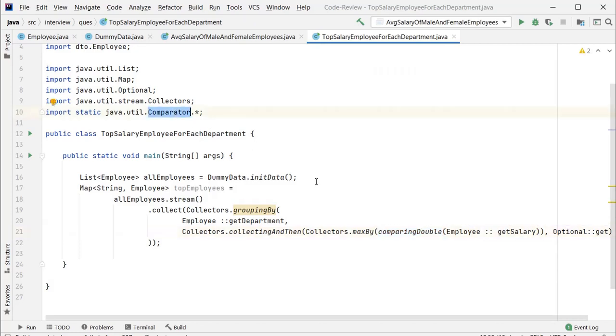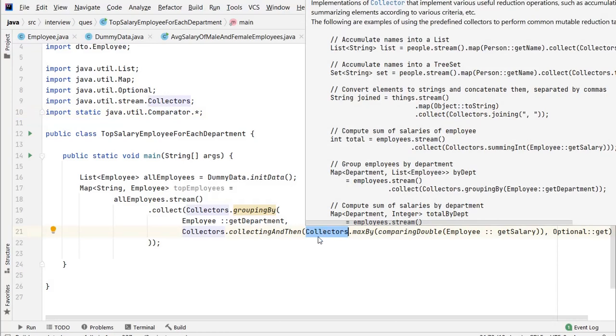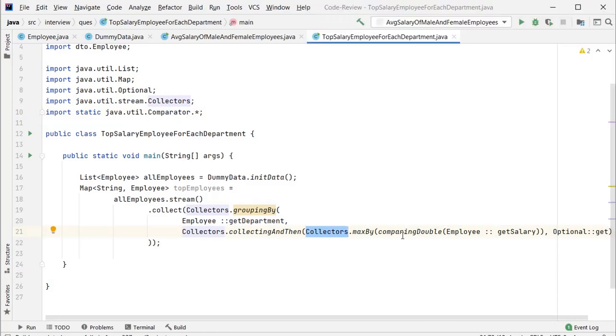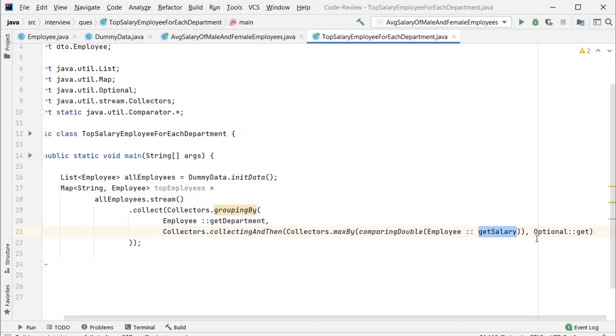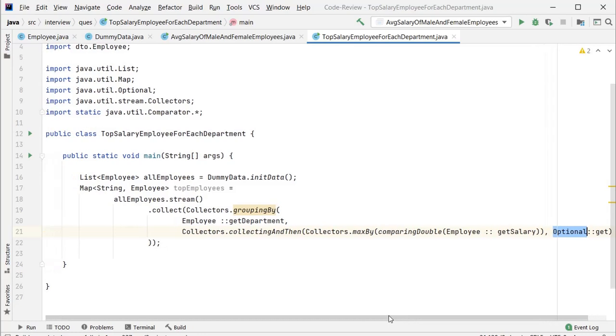You can see I used a static import, and for example if you want to use Collectors in multiple places, in the same way you can also provide a static import for Collectors and others. Inside that I used max, and we are comparing the salary, and that will be the return. That returns an Optional, which is again a Java 8 feature to manage null values.